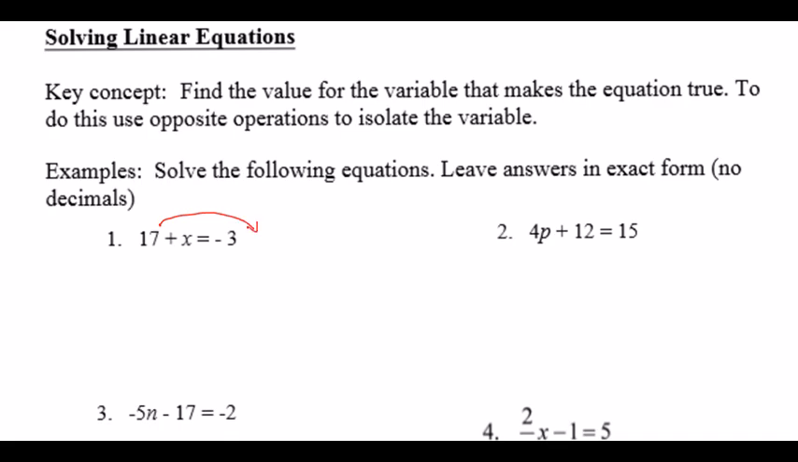And then I would rewrite my equation with x by itself equals negative 3. And then instead of plus 17, it has to be minus 17. And then we simplify to get x is equal to minus 20. Try the next problem and I'll show you